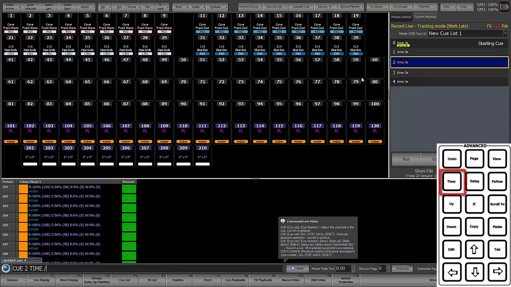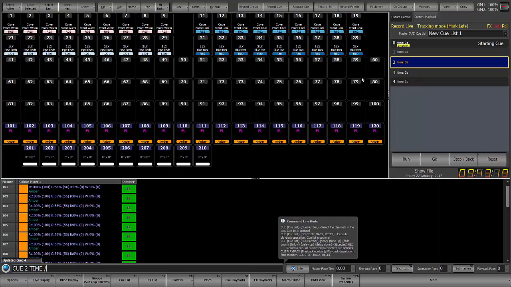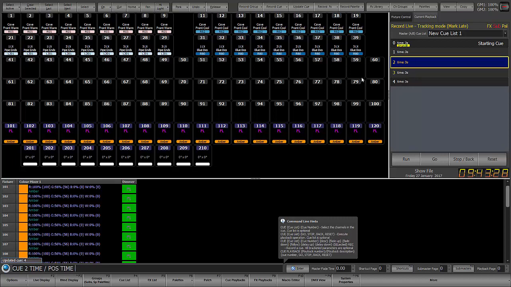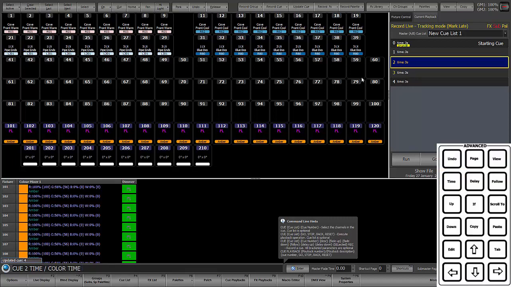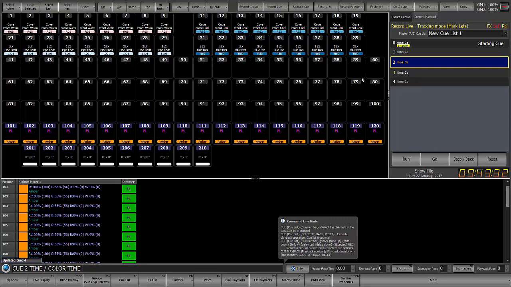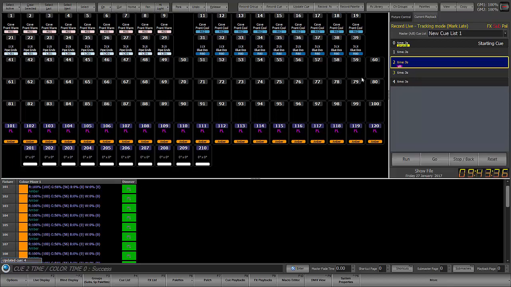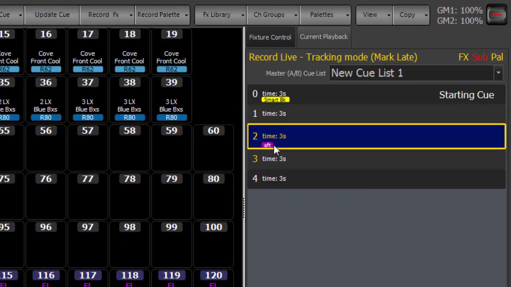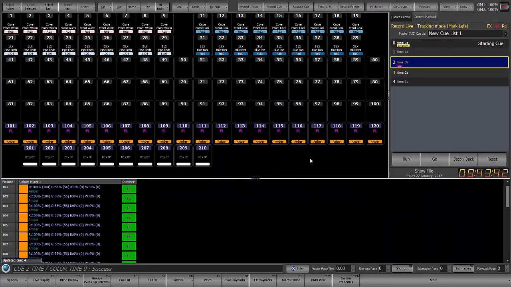And I'm going to hit time again. That gives us a slash. So now we're actually separating uptime from downtime. But I can continue by hitting time again, and there we've got position time, and there I've got color time. So what if I want color time to be 0? So now I have a little flag that says AFT for attribute family timing on Q2,